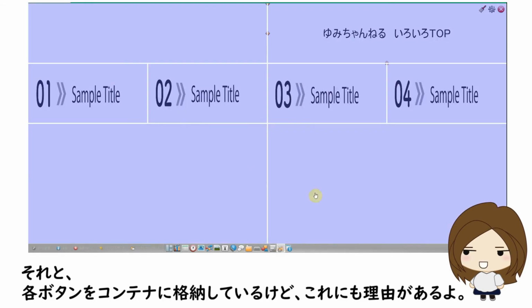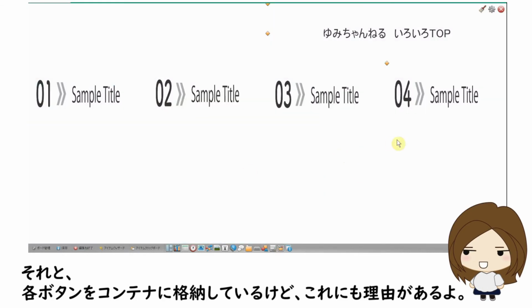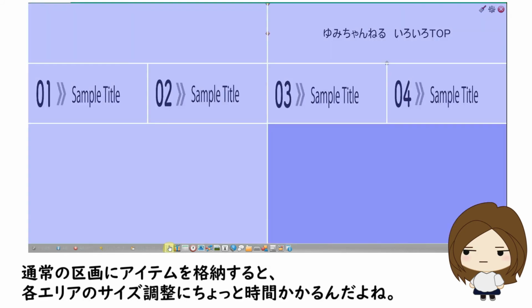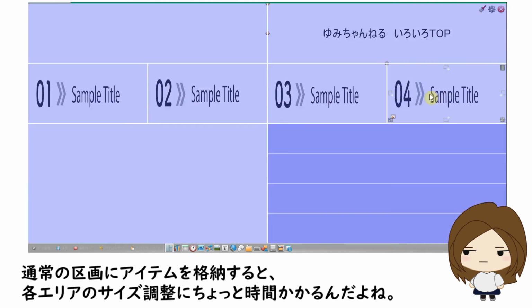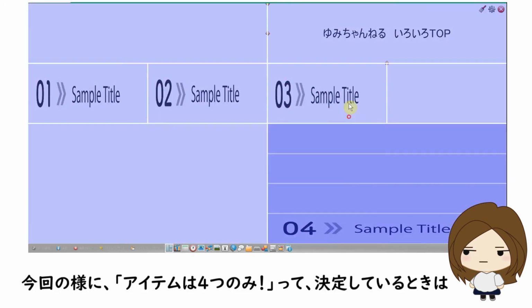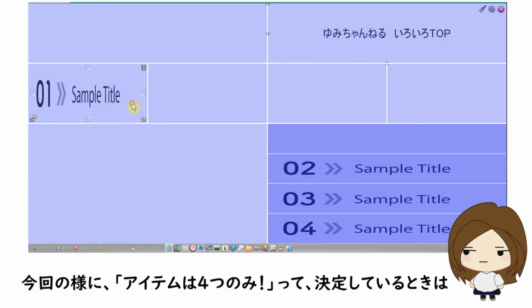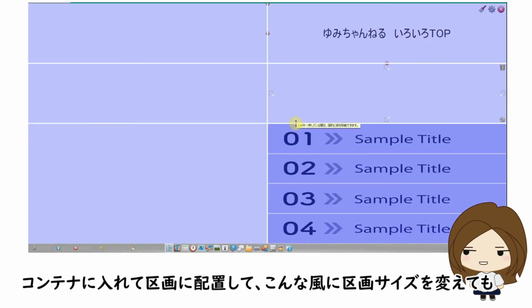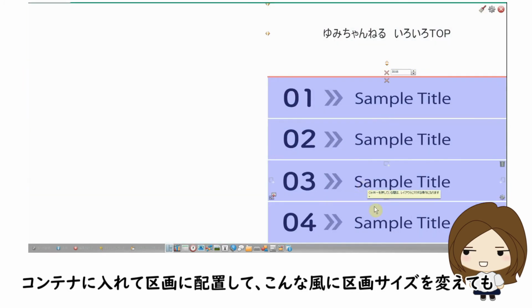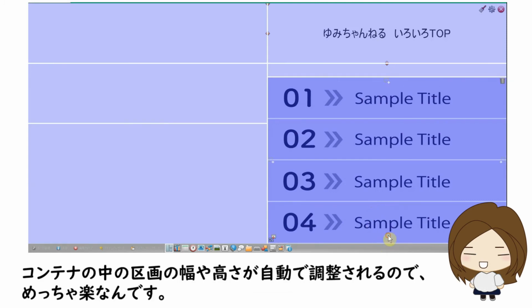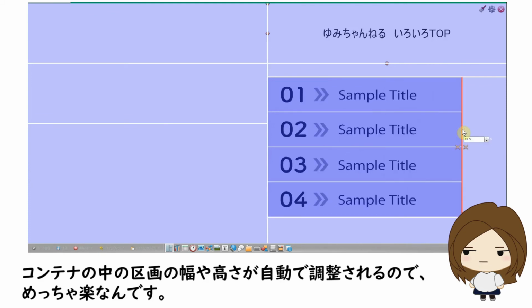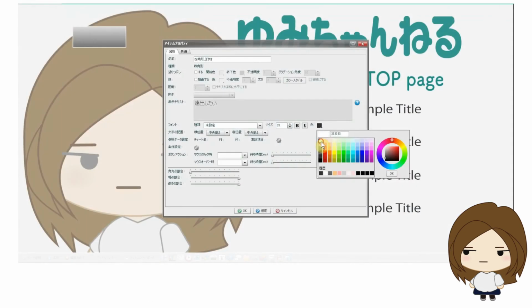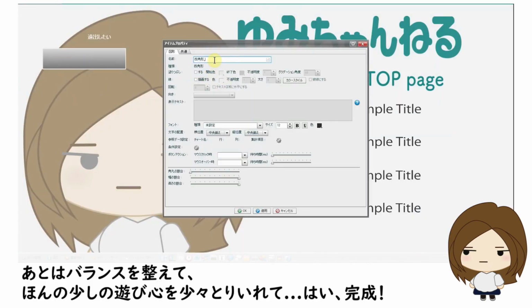I've also stored each button in a container and there's a reason behind that too. If you store items in regular partitions, it takes a bit of time to adjust the size of each area. When you've decided, for example, I'll only use 4 items, as I've done here, you can put the items in a container then place it in a partition. Then, when you change the size of the partition like this, the width and height of the partitions in the container will be automatically adjusted. It's really easy. All that's left is to balance it out, add in a little bit of playfulness and voila,